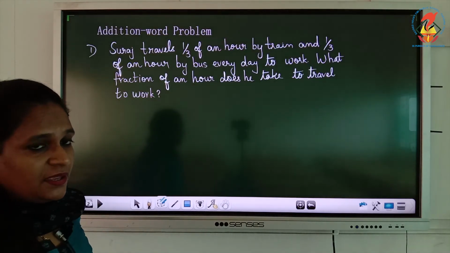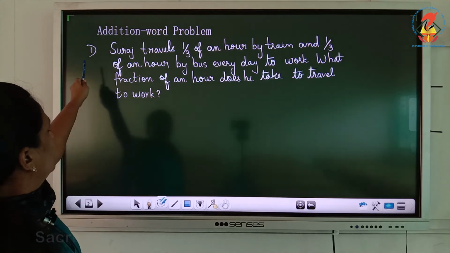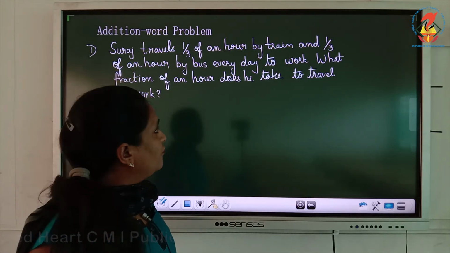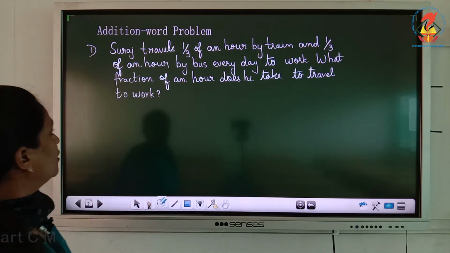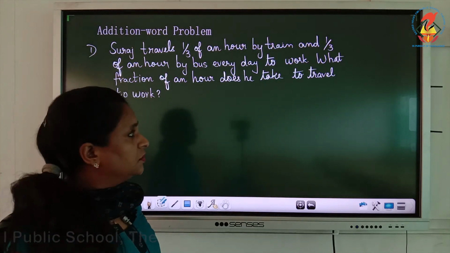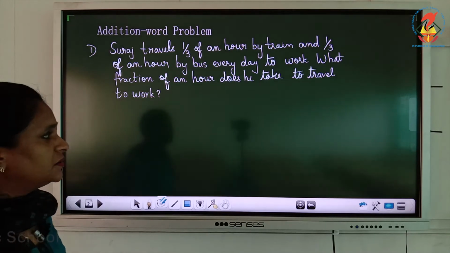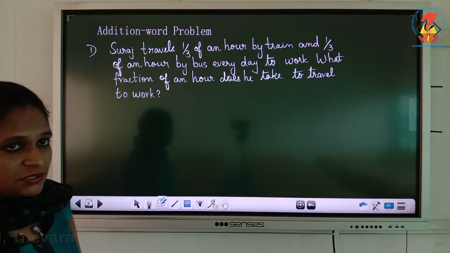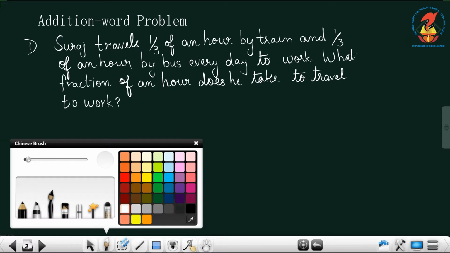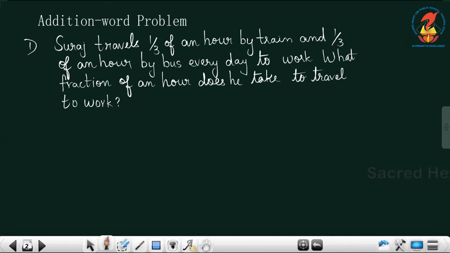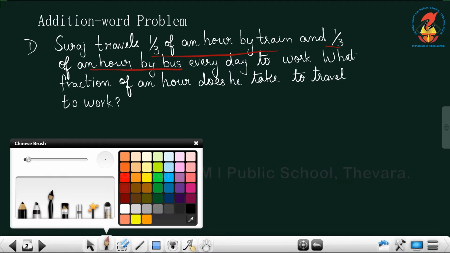Now let's look at the question. Suraj travels 1/3 of an hour by train and 1/3 of an hour by bus every day to work. What fraction of an hour does he take to travel to work? So here you need to find out, look here, Suraj travels 1/3 of an hour by train and then 1/3 of an hour by bus. So you write the statement as